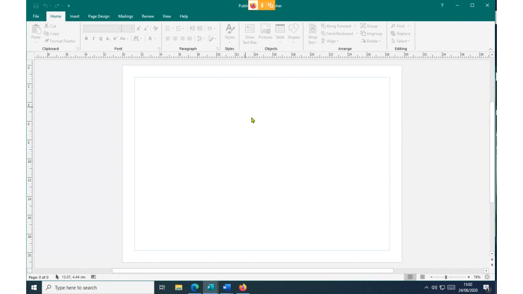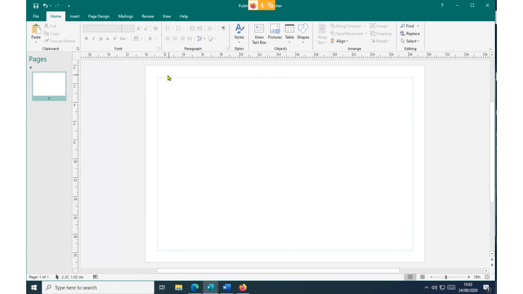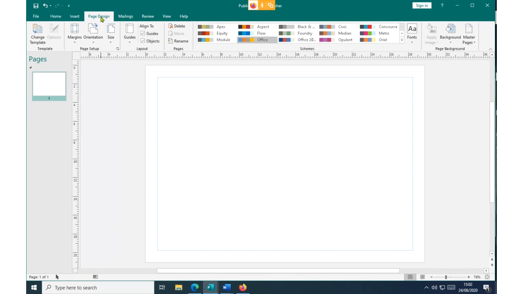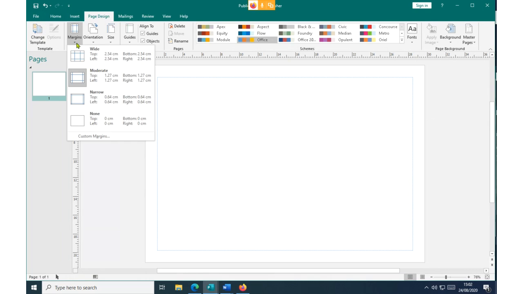Once I get this window, which is a page, I can always increase the margins of the bottom, right, top, and left. For me to do that, you simply click on the command Page Design, then click on the command Margins and choose Narrow.